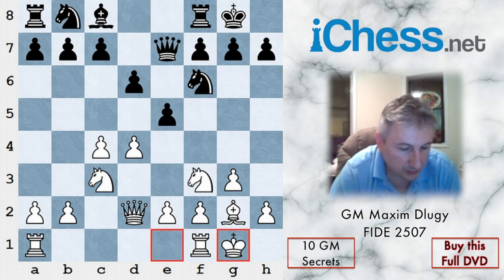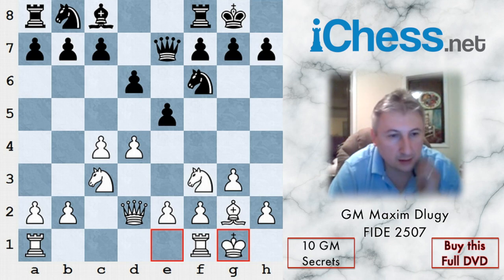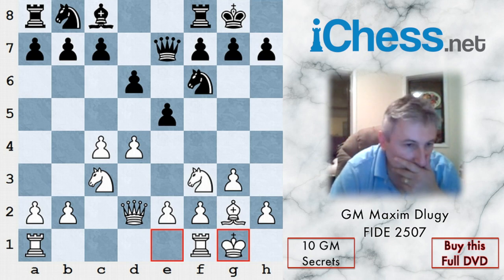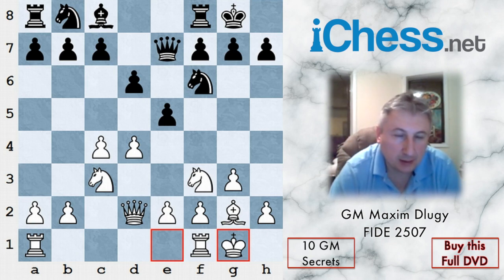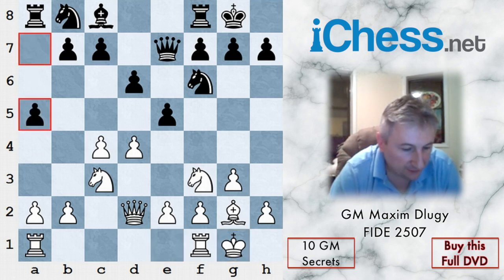black has to play differently, and black simply plays with an idea that he'll place his knight on a6 and will have a fine position. But we'll see that actually not everything is that easy for black in this position. So after a5, e4,